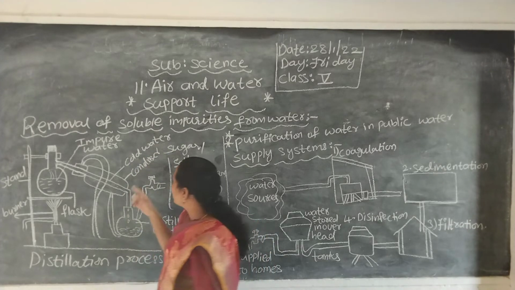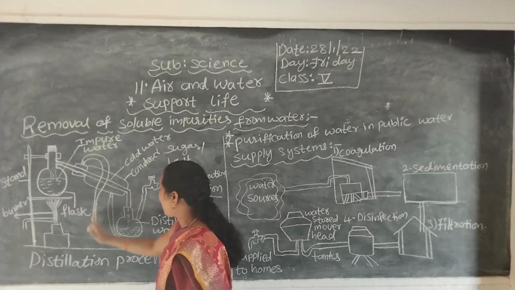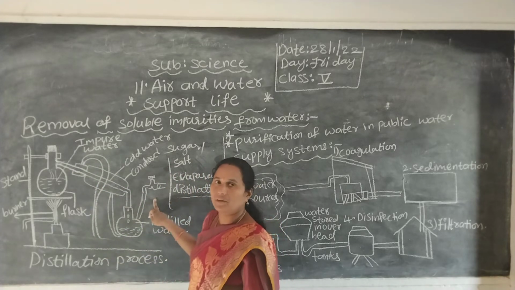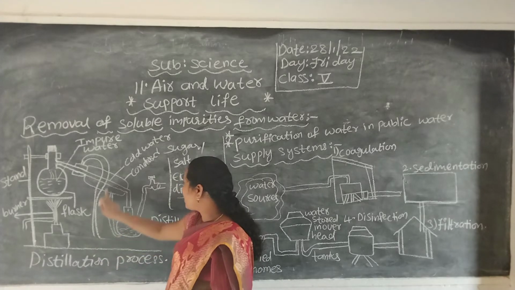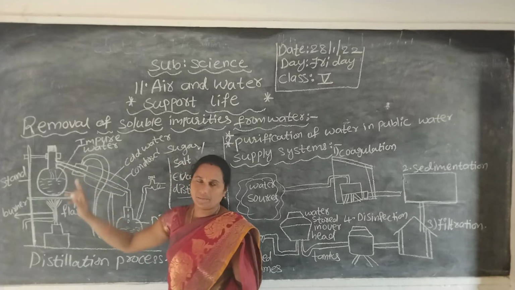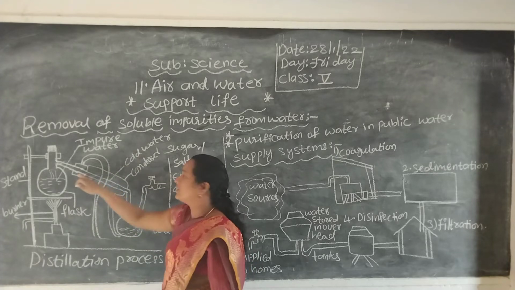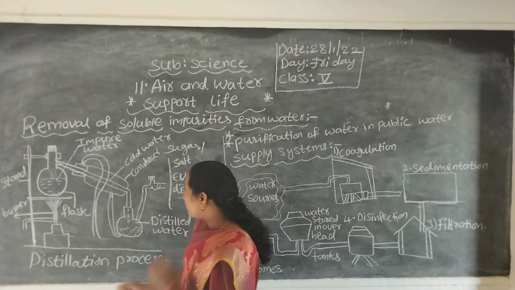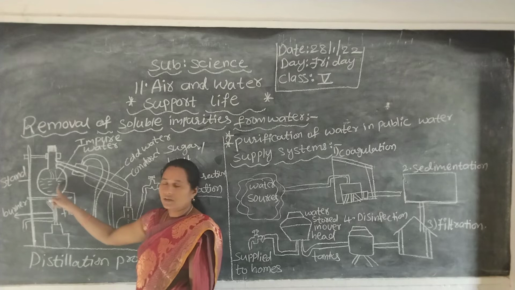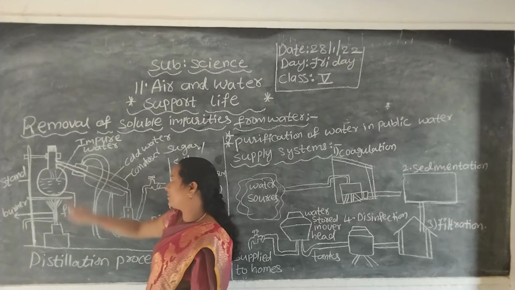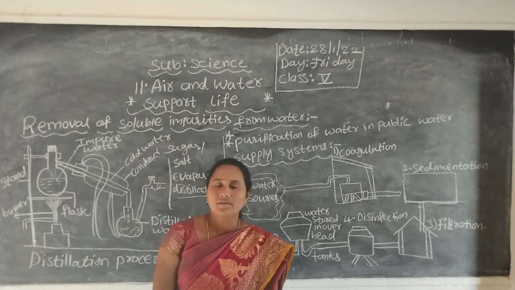The condenser is connected through pipeline connections with the help of a tap. Through one connection water passes in and through the other water passes out, circulating through the condenser. This tap water circulates to keep the condenser cool. When we take impure water in this round bottom flask, we have to heat the water for some time. In this process, two processes are involved: evaporation and